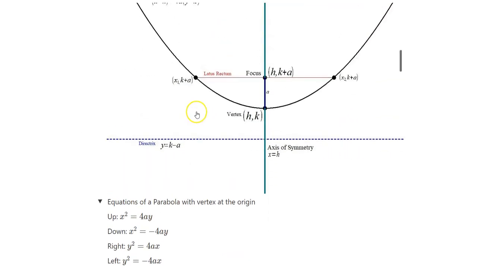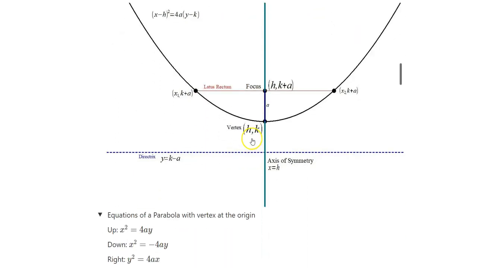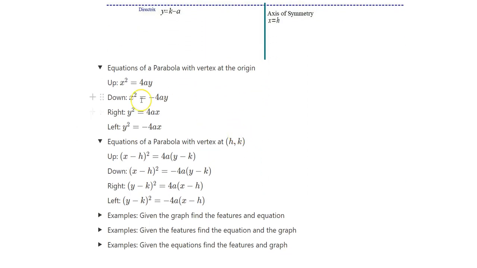We have the orientation that I'm showing you here is a parabola that faces up, but parabolas can also face down, left, right. Actually, you can orient the parabolas any way, but in this class we're focusing on up, down, left,